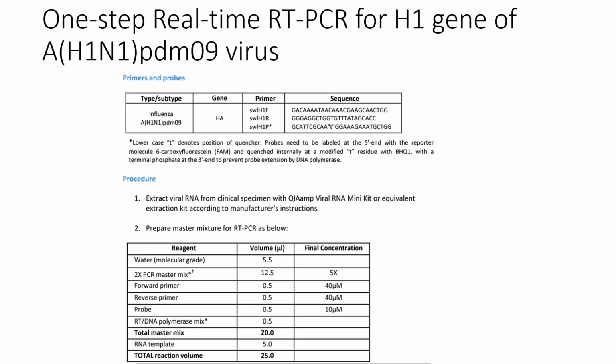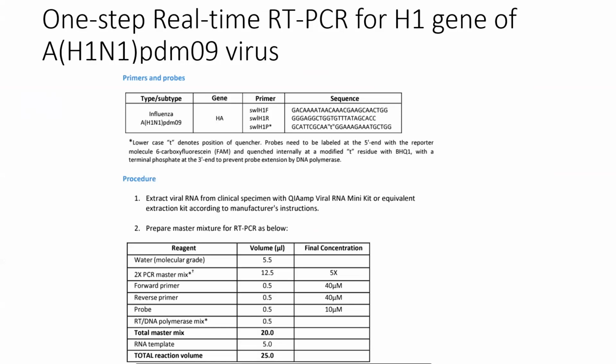And what is this probe? The probe is designed for a segment of DNA that is of our interest within this gene. So it will be our forward primer, then the probe, and then the reverse primer. The probe has certain characteristics. One of the important ones is that at its 5' end it has a fluorescence reporter. Here it was FAM, carboxyfluorescein. And at its 3' end, it has a